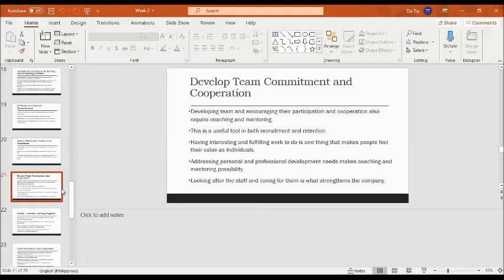It can be done through coaching and mentoring. Okay? Helpful din to class, sabi dito, this is helpful, this is useful in both recruitment and retention. Pag sinabi natin class na retention, ibig sabihin, matagal mag-stay yung isang empleyado sa isang company. Okay? Or pag sinabi natin recruitment,